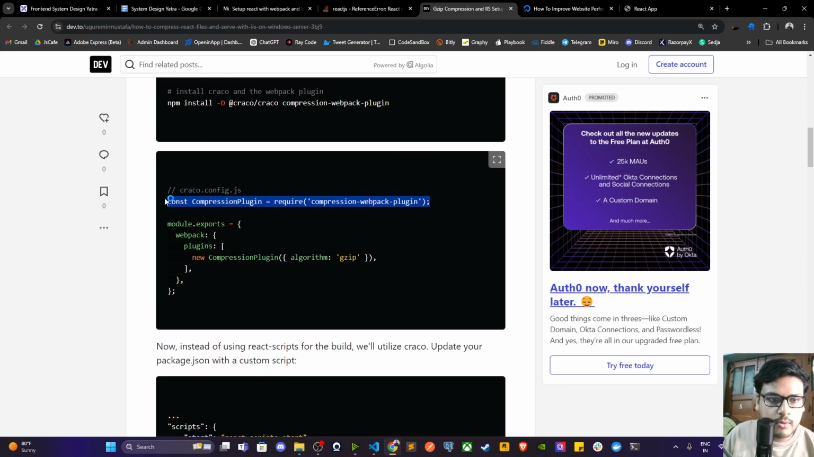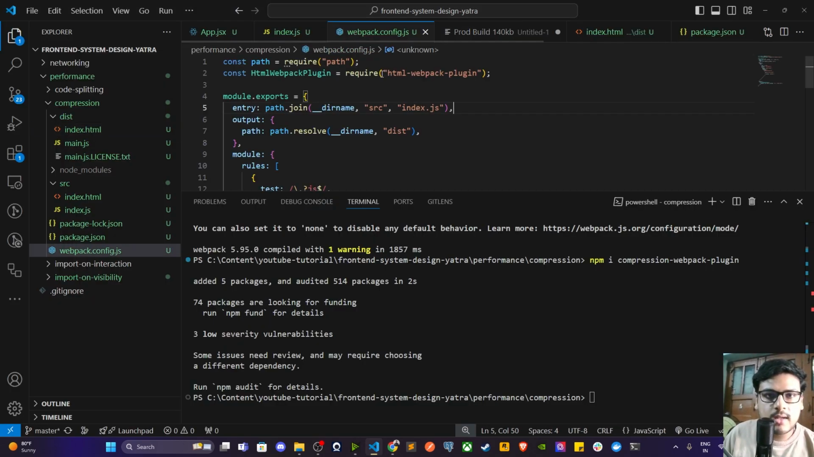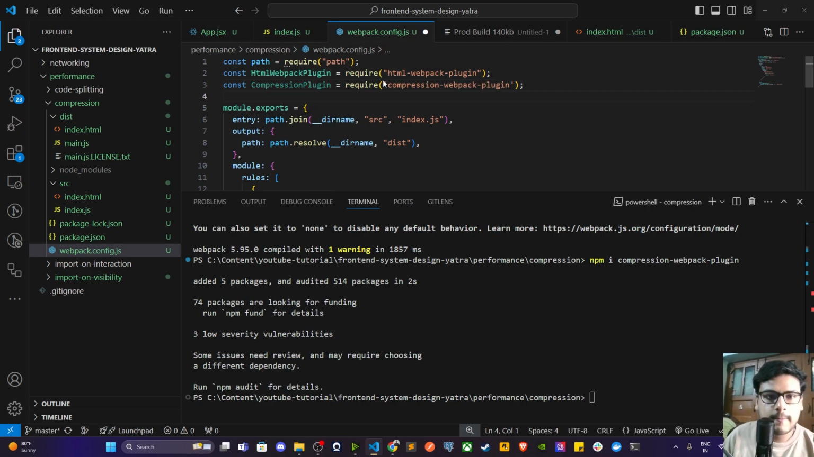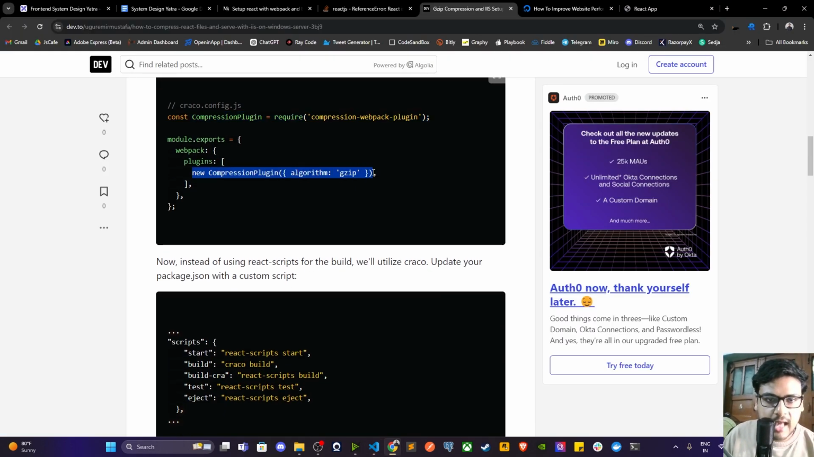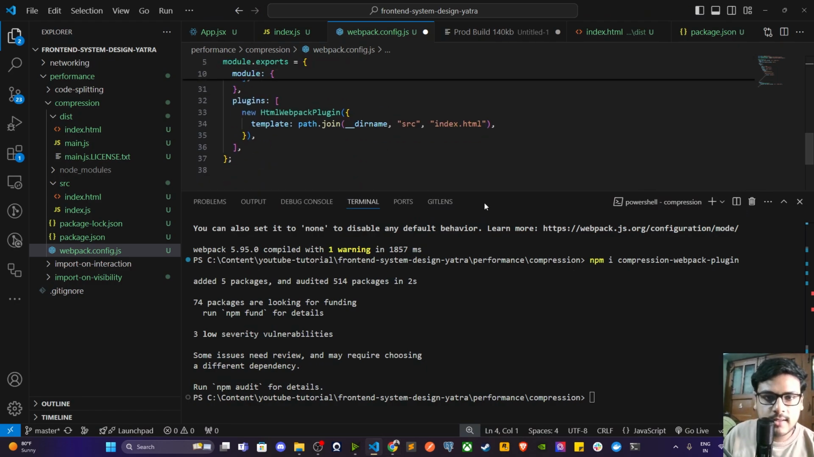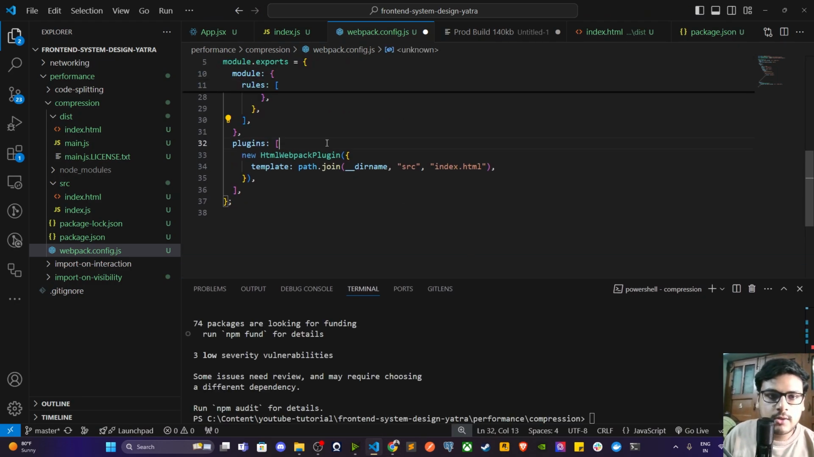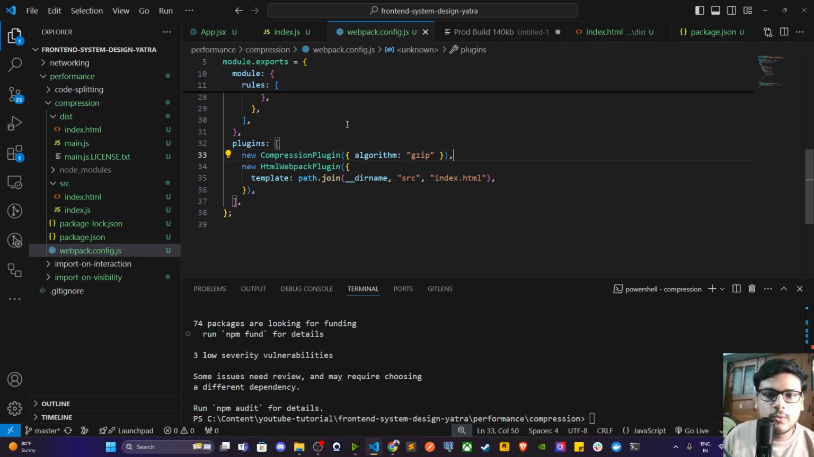We are going to import this plugin inside our webpack file, and inside the plugins array, I am just going to tell it to use the gzip algorithm as the compression algorithm. Finally, it can also coexist with HTML webpack plugin as well. There are no issues. Now if I save this and hit npm run build,